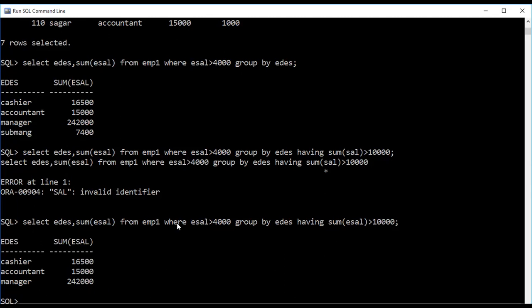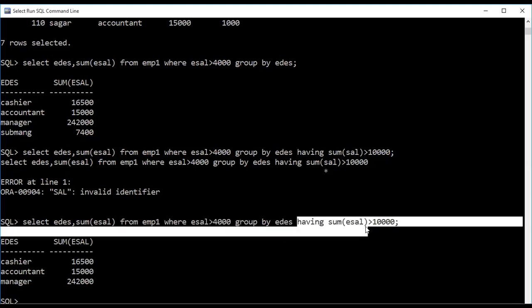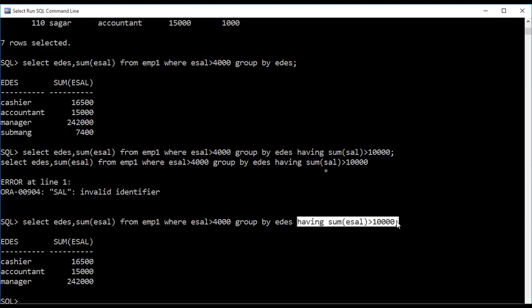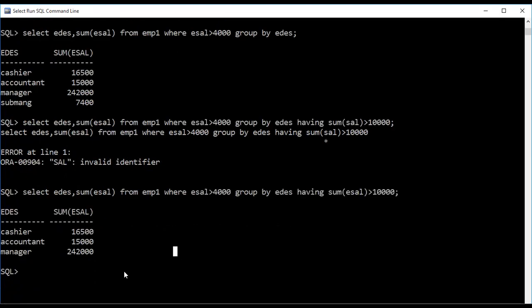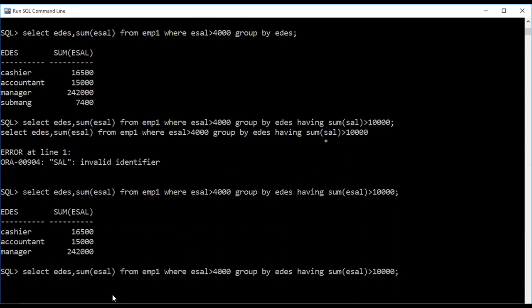That means first, on this employee table, we are performing the where clause. On that result set, you apply group by. On that result set, you perform the having clause. Clear? Now, lastly, include order by. I want to display these details in increasing order.